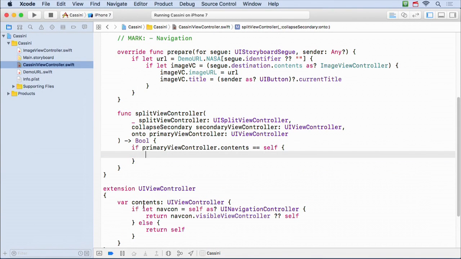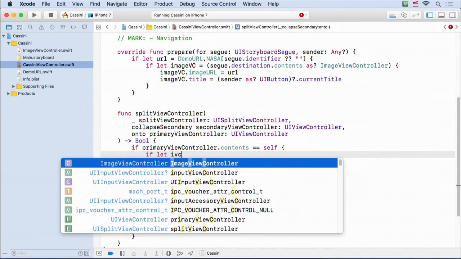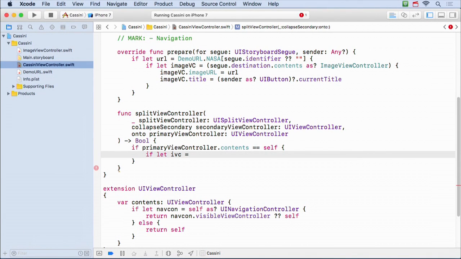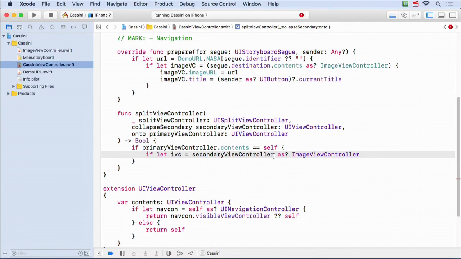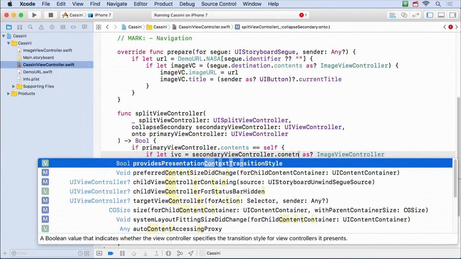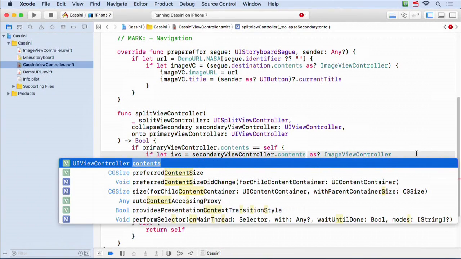Remember, contents is this thing down here, right? So I'm doing that there. Then I'm going to say if I can let the image view controller equal the secondary view controller, that's the detail, it's this argument right here. It's getting passed to me. This is the thing it's asking me to collapse on top of it. Secondary view controller as an image view controller. And again, here I want to do contents, in case that's inside a navigation controller.